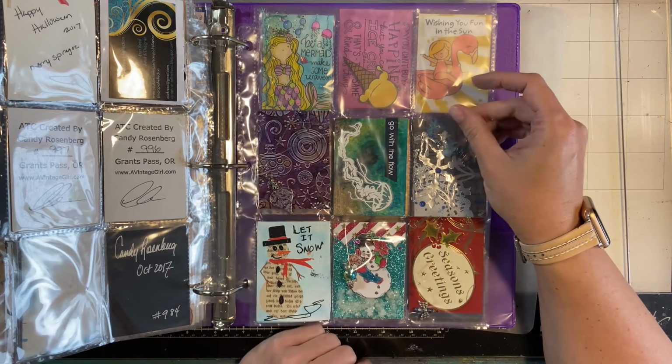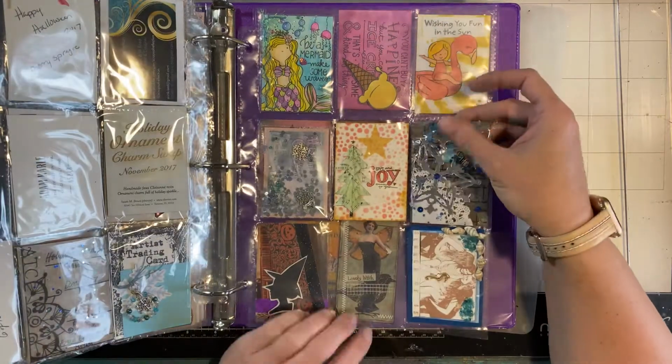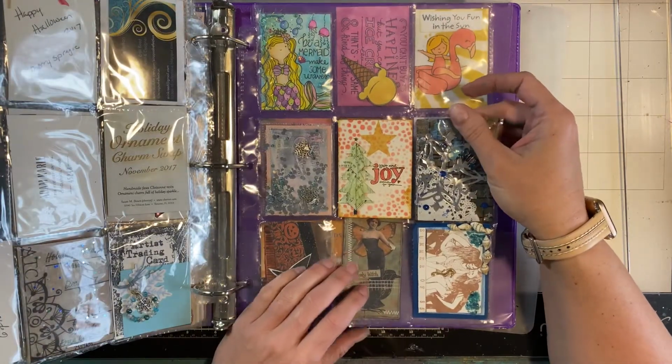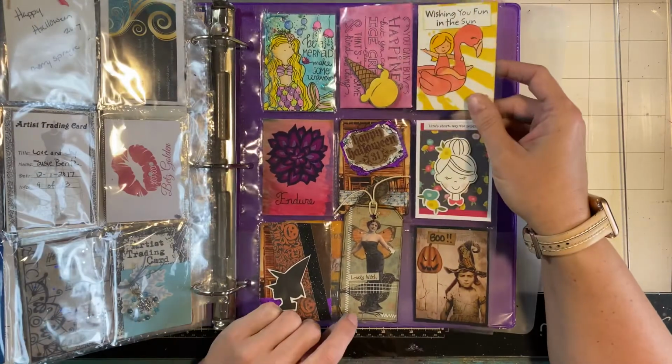But what I don't like is when you go into those groups and people are like, oh my God, I totally love what you did here, I want it. And I'll be like, okay, well, show me your album. And they're like, oh, I don't have one, but I'll make you whatever you want. And it's like,